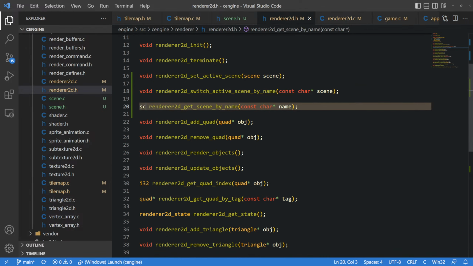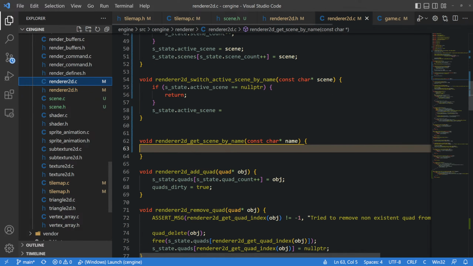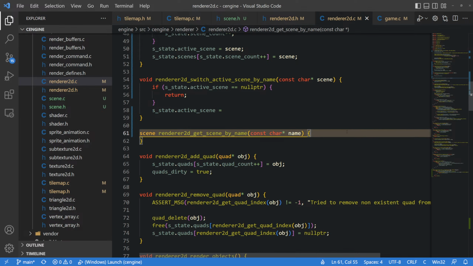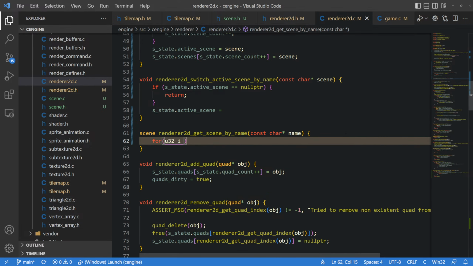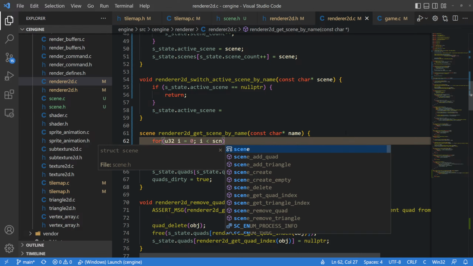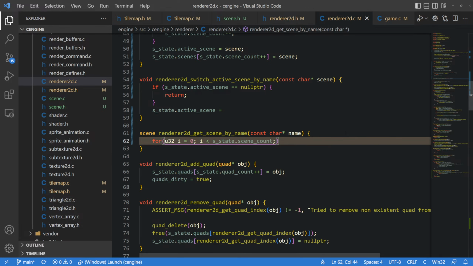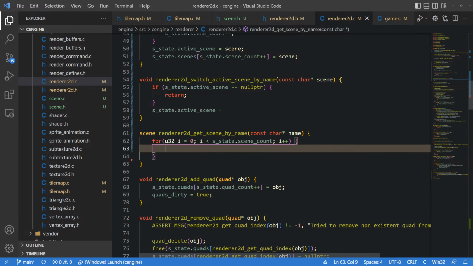Very, very nice. So this obviously returns a scene, and for u32 I is equal to 0, I is less than state.scene count, I++, if state.scenes at I dot name is equal to name,